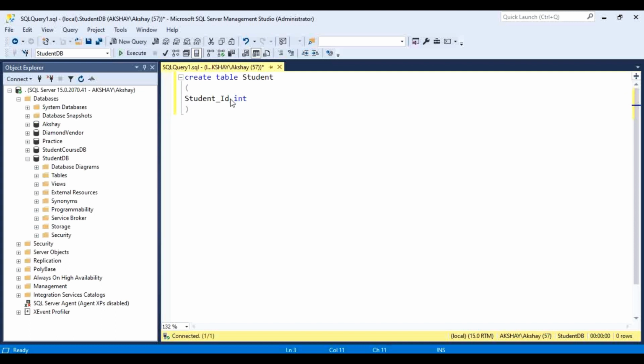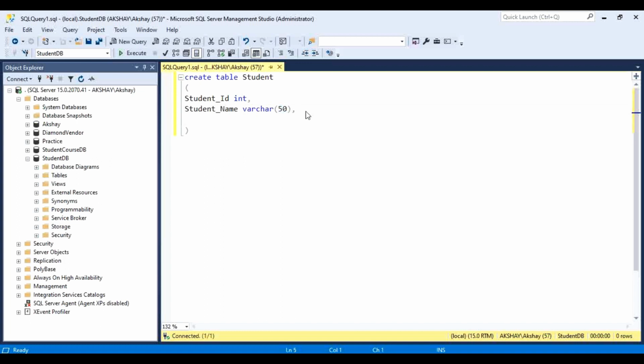So I want to only store numbers here, so that is why I have taken int here. And after that, let's say student name, and I want to store varchar here, that is a mix of variable characters. Okay, and I have to give that comma there as well, and let me specify a width here. So this is nothing but a size. Up to this size we can store a name into that column. Okay, so this is enough size.